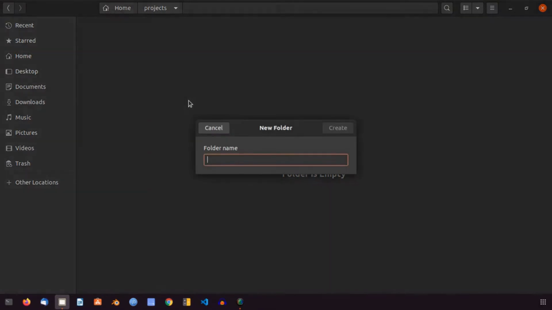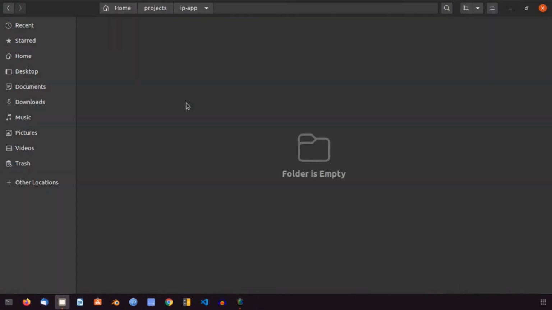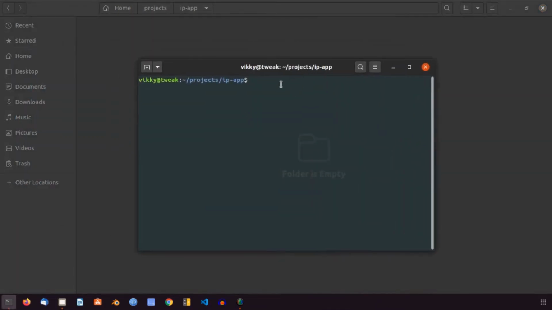So let's start by creating a folder IP app. Next, I'll just initialize our node app by doing npm init.